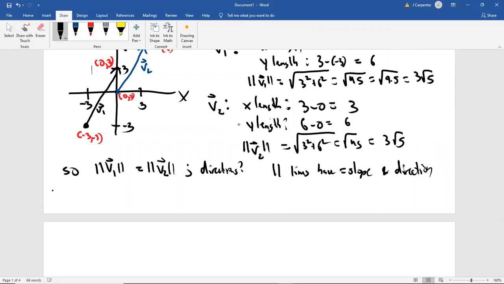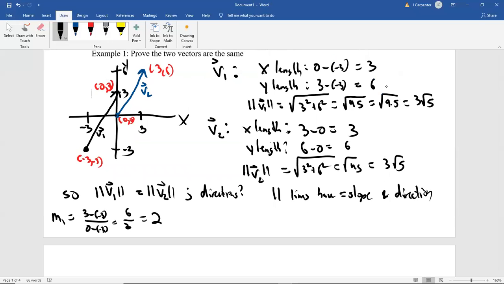Well, the slope of the first line, we're just doing y2 minus y1 over x2 minus x1. So that's 3 minus negative 3 over 0 minus negative 3, which is 6 over 3, which is 2. Again, it's the same y and x components as before. Those are the rise and the run, which here we have again. The slope of the second line, well, again, we already see those numbers matching, so it's a good sign. But using the coordinates, you're doing 6 minus 0 on top, and then 3 minus 0 on the bottom, which is clearly 6 over 3, which is clearly 2,